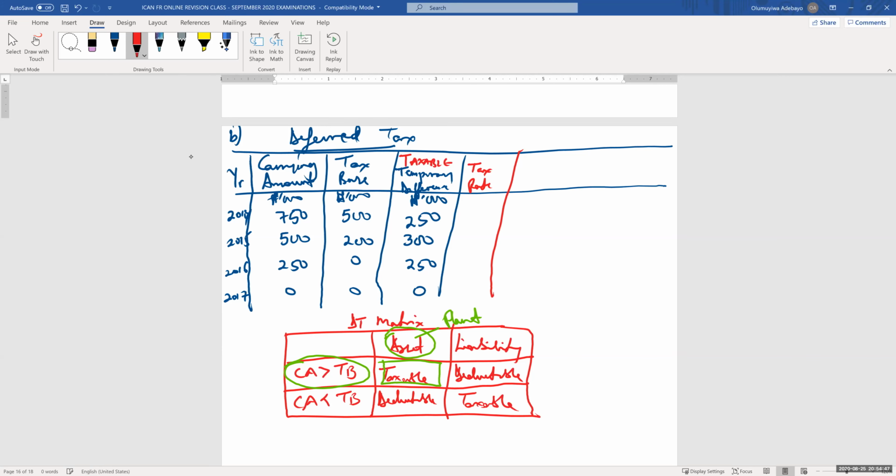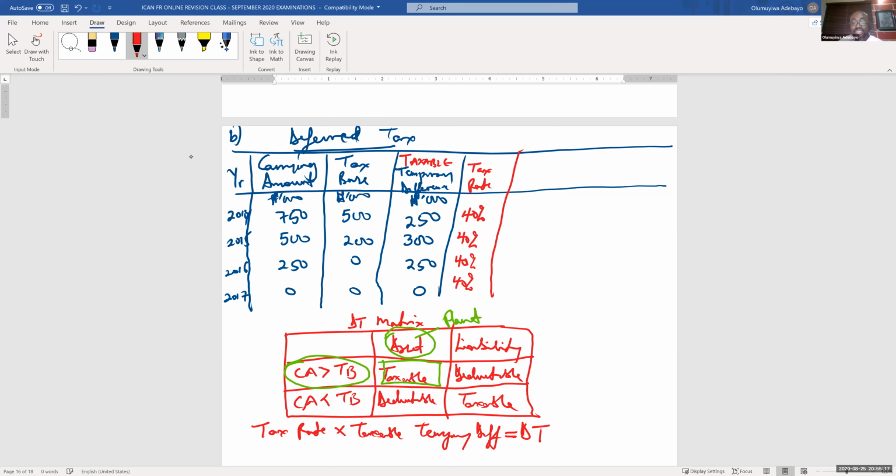40%. Our tax rate is 40% over a 4-year period. And remember that when you multiply tax rates by a taxable temporary difference, what do you get? Deferred tax. You get what? Deferred tax asset or liability. Liability. Thank you very much. Which means in this case, my deferred tax liability,